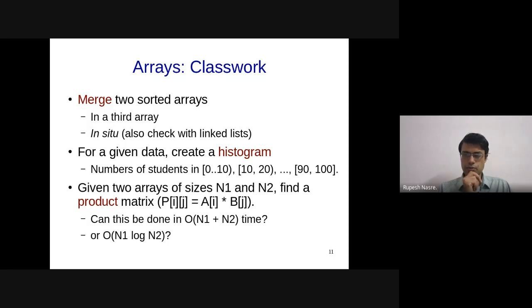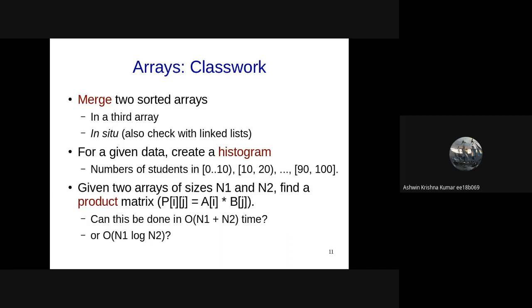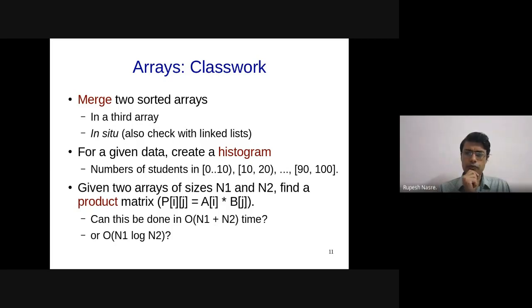Yeah, that is true, but I didn't understand. So, are you giving an answer to one of my earlier questions, or? Sorry, I was just trying to say that it's possible to do the construction in order of n1 plus n2 time if you're willing to compromise elsewhere, like if you don't want a matrix that you can change. I didn't understand. How will you do it in order n1 plus n2 time?